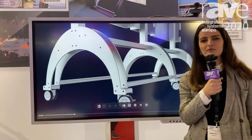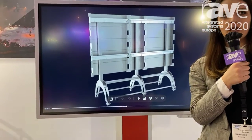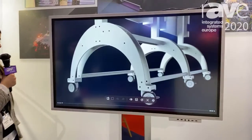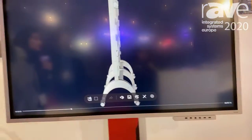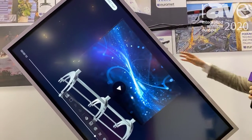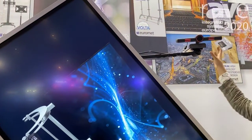It was invented because of educational needs, and so this is a stand that we can use for every screen from Samsung, Sharp, and Windows, for example. And the biggest thing about this product is that you can rotate it completely, weight from this side. And since we put the camera off the main structure, you can actually have it fixed while rotating